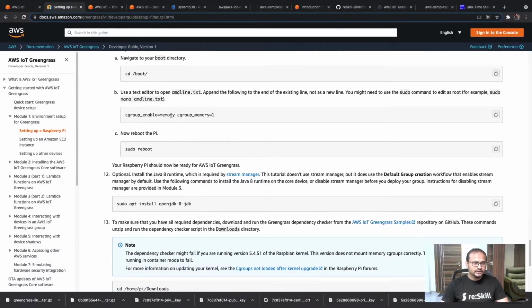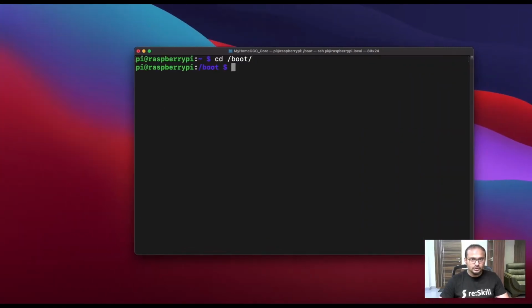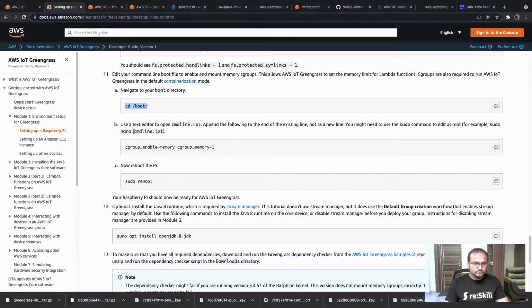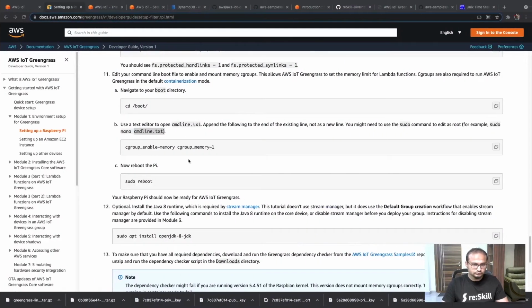So what we will do next is, in the boot directory, we need to do sudo nano, and then we need to add these two things at the end.